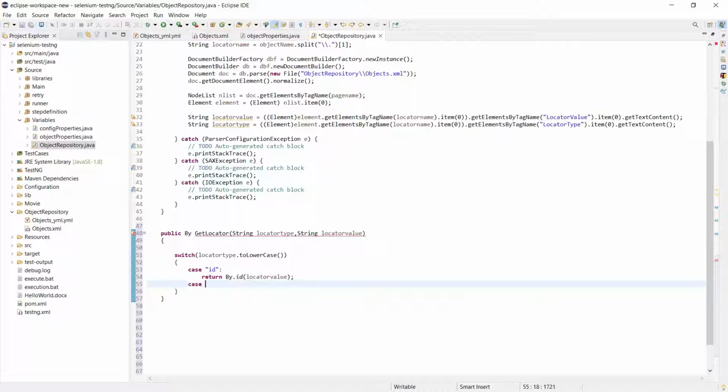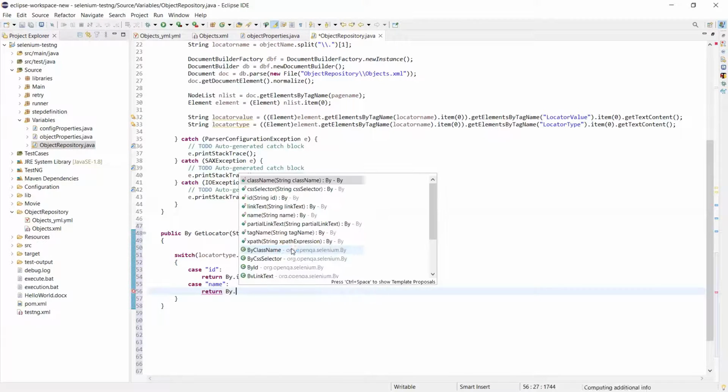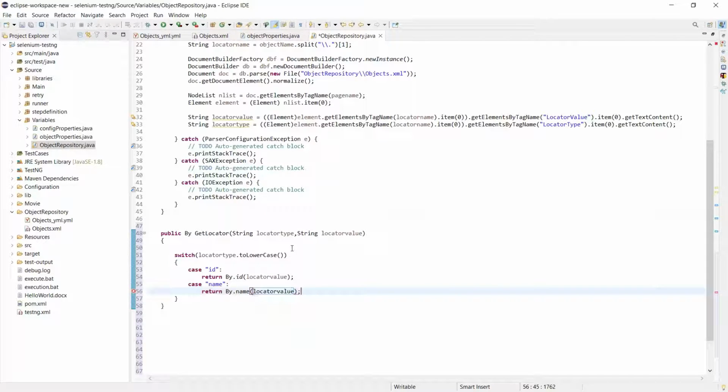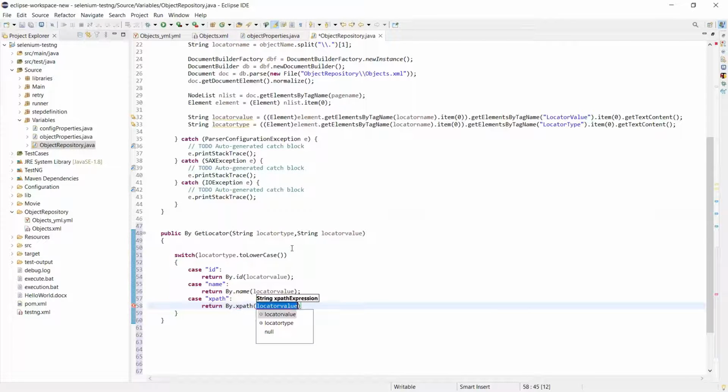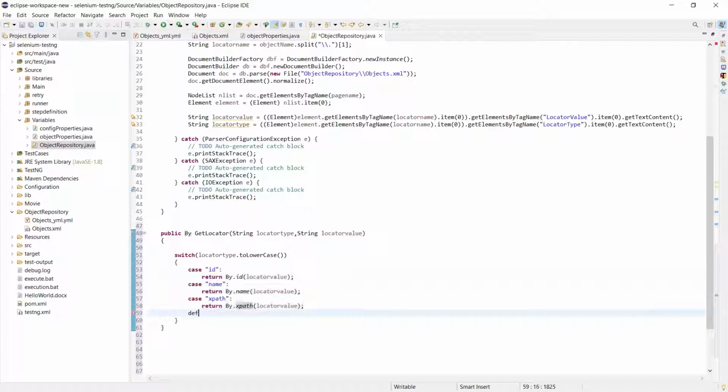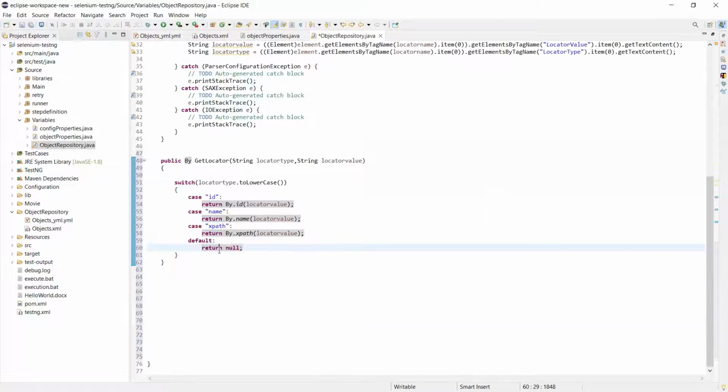Similarly, let's add other cases as well: for name, and then for XPath. You can add other cases as well based on your requirement. Currently, I'm adding only 3 cases and then the default one. In case of default, I'll return a null value. You can also throw an exception in case of default by mentioning that the value provided for locator type is incorrect.